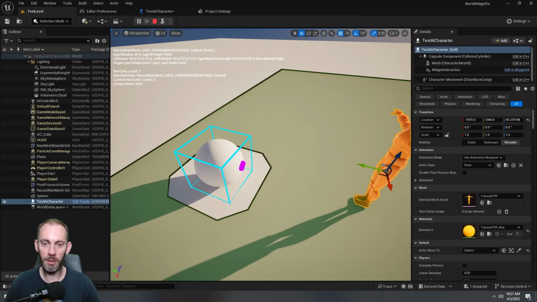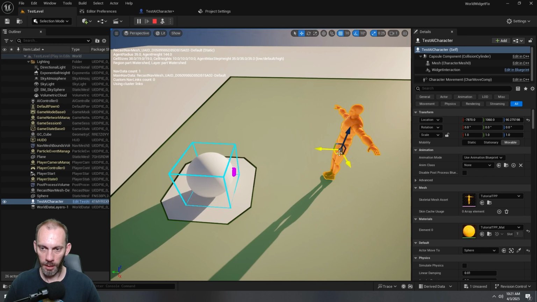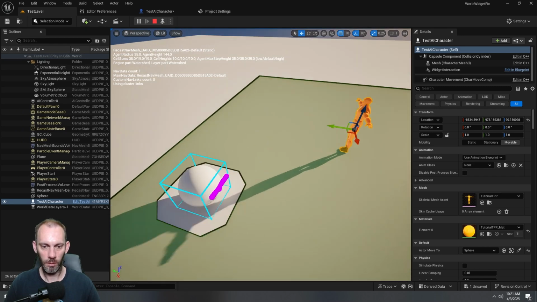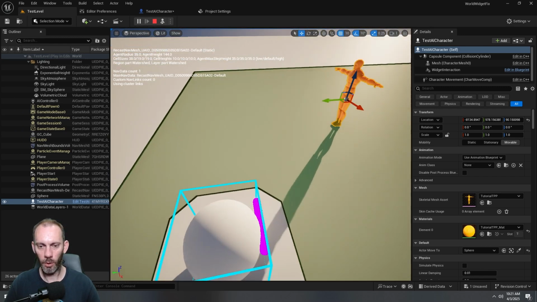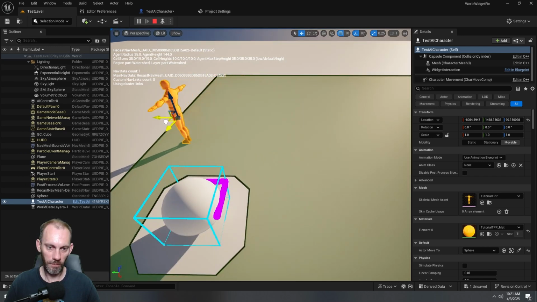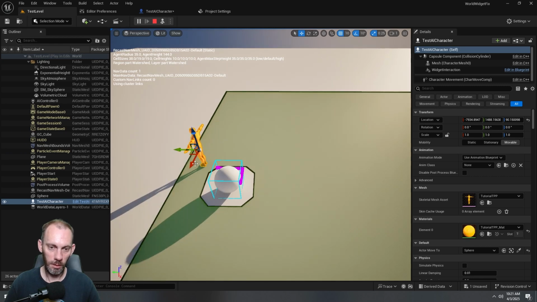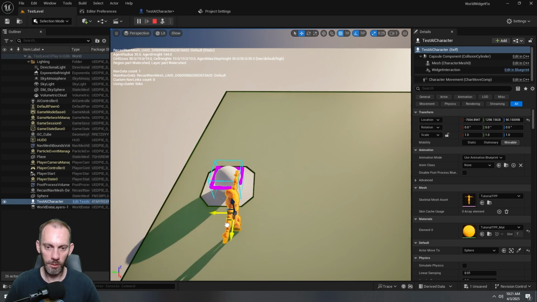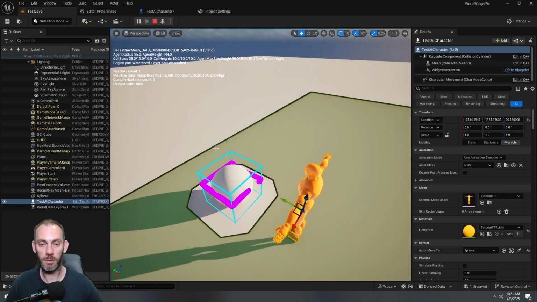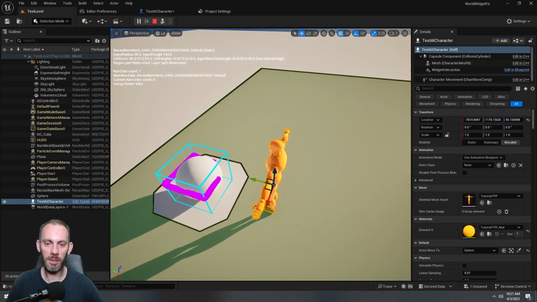So here's the point that it's calculating. And if I move the character around, you can see that it's drawing that point right on the face of the bounds in whichever direction the character is. So as the character goes around, it's calculating a point that is right on the edge of the bounds, which is really useful because we need to get out of the bounds, and then we need to,